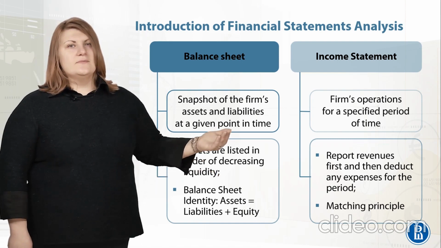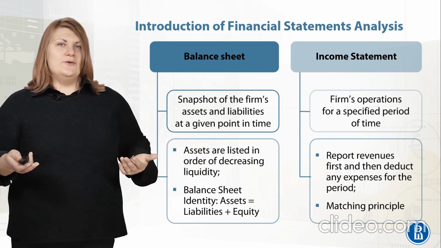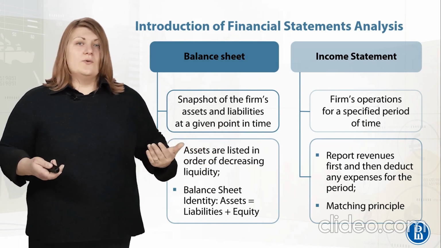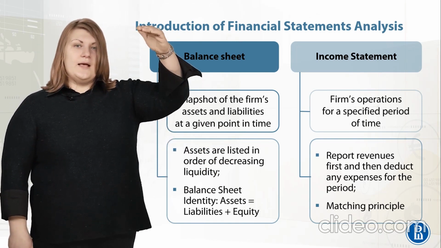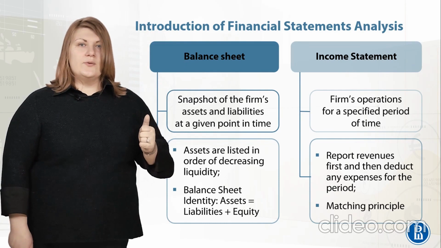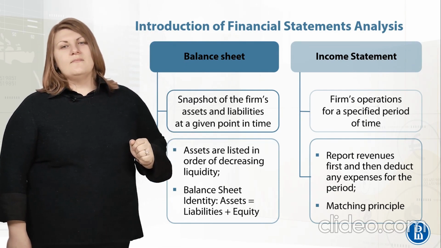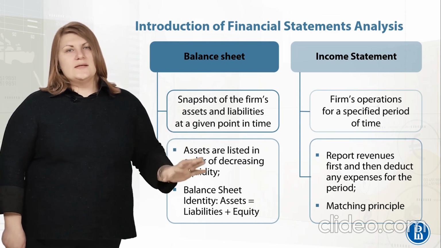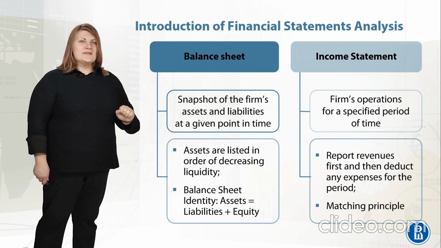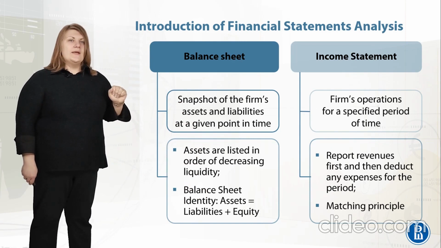That's just the same. On the left side, you have assets. On the right side, you have liabilities. Or you can have a vertical balance sheet where you have assets at the top of your report and liabilities at the bottom. Now, assets will be listed in order of decreasing liquidity, which means that